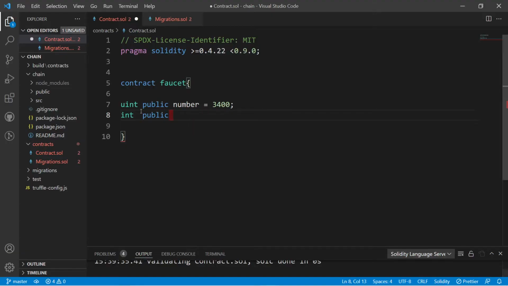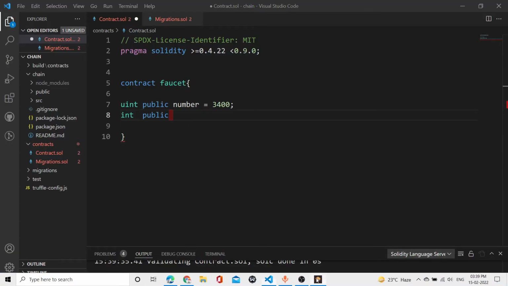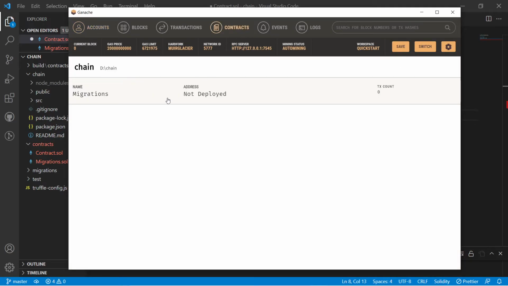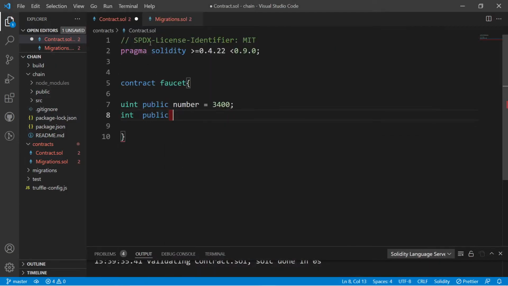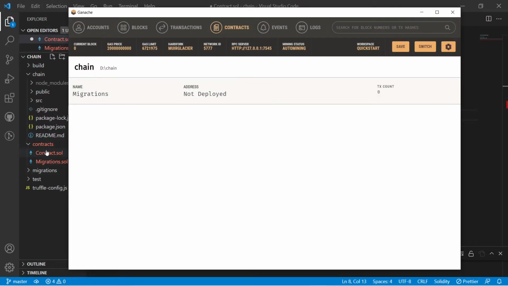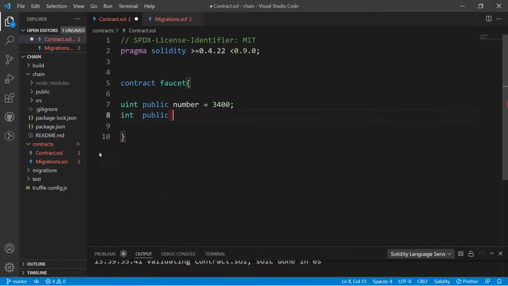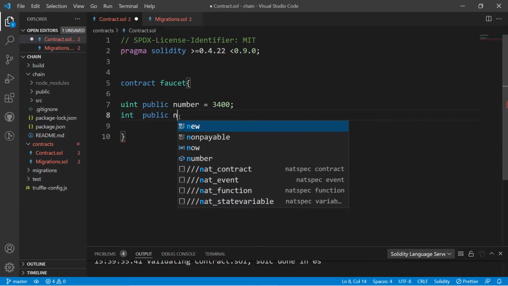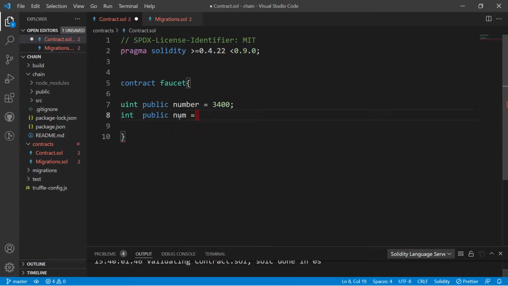Why will I do this? Because I would like to mention something to you inside contracts. So there is one folder that is migration, but I would like to create one more contract whose name is contract. The migration folder is inside Ganache right now, but I would like to add one more contract inside this. So I would like to do this coding part for this thing, and I would like to take it as minus 133.